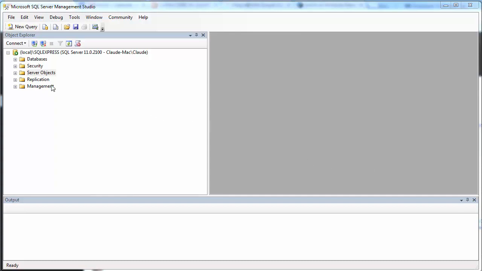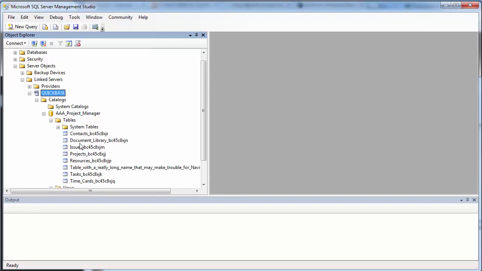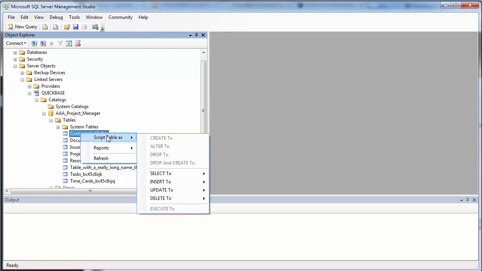I'm assuming that you've created a linked server to QuickBase using Qnect ODBC for QuickBase. This linked server is called QuickBase, and if you explore it, you have a single application here, the tables associated with it. I'm going to show you how to write SQL statements to interact with QuickBase using both Transact-SQL and native ODBC SQL. The quickest way to get started is to right-click on a table and script table as,